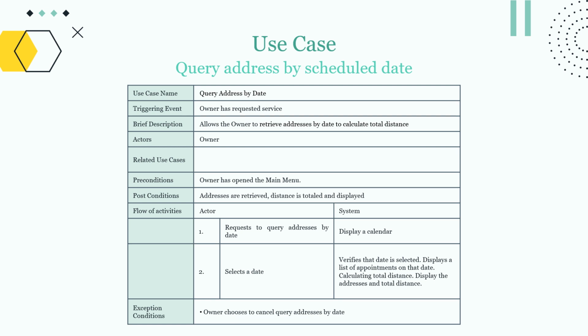So with this functionality, Jason could only enter one date and have the total distance for that day, and that will help Jason to calculate and understand how much he spent on gas and how much distance he traveled on that date. So these are the use cases for our user story, and